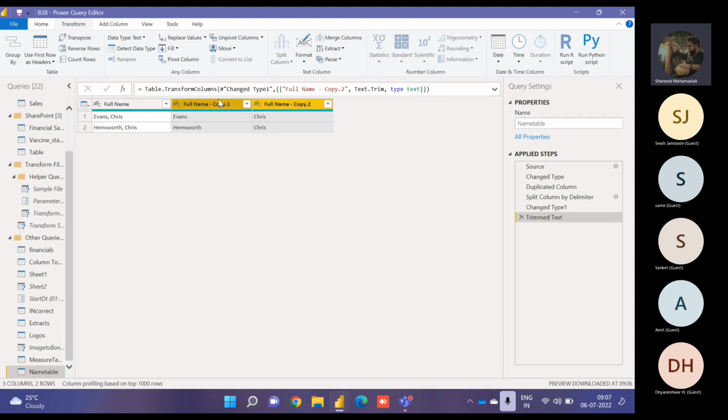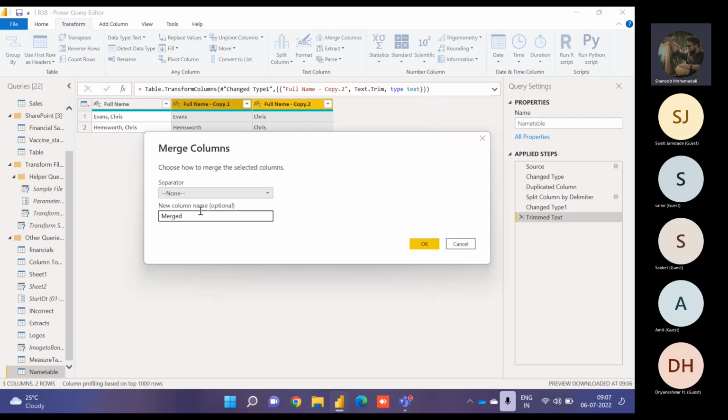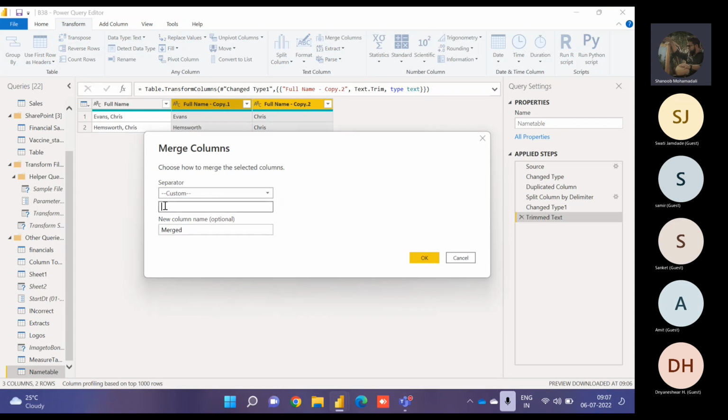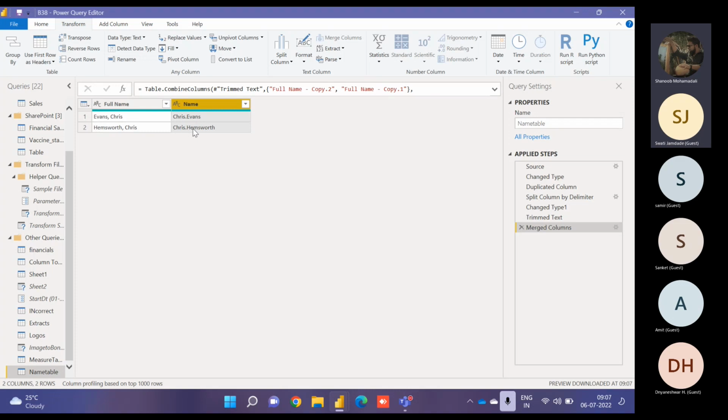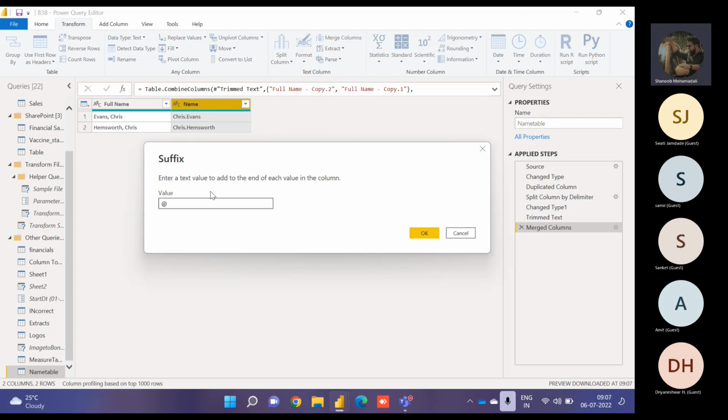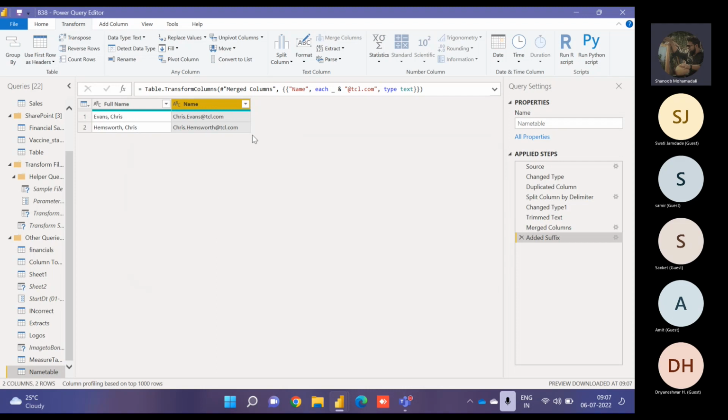सो मुझे फर्स्ट क्या करना है, फर्स्ट नेम सिलेक्ट करूंगा, सेकंड नेम सिलेक्ट करूंगा, मर्ज कॉलम्स बोलूंगा, यहाँ पे सेपरेटर रहेगा डॉट, लेट्स गिव दिस न्यू कॉलम नेम, नेम, ठीक है। अब ये आ गया। अब इसको मुझे एक कॉमन और स्टैटिक @email ID ऐड करना है, समझो @tcl.com करना है, ठीक है। तो मैं क्या करूंगा, ट्रांसफॉर्म में, फॉर्मेट में, ऐड सफिक्स, यहाँ पे मैं बोलूंगा @tcl.com। ये मेरा हो गया ईमेल आईडी तैयार, राइट।